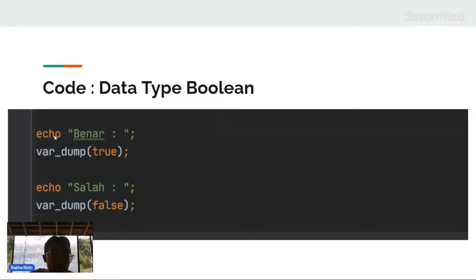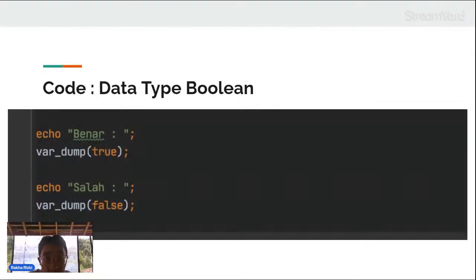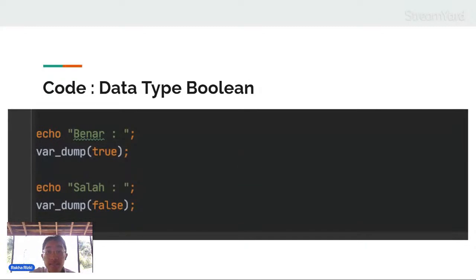If we write echo benar and then true, and echo salah and then false, and we run this program in Visual Studio Code, the output will be showing benar true and salah false.